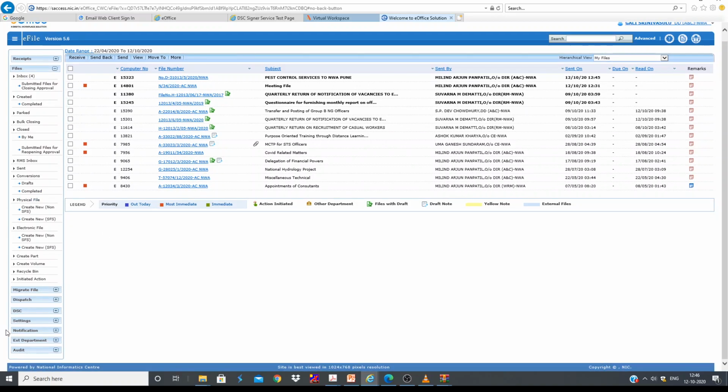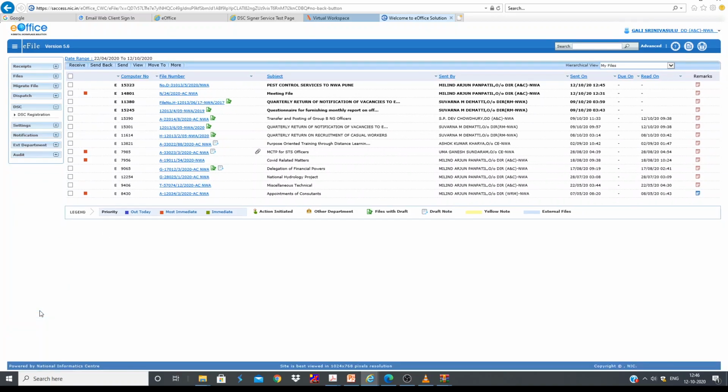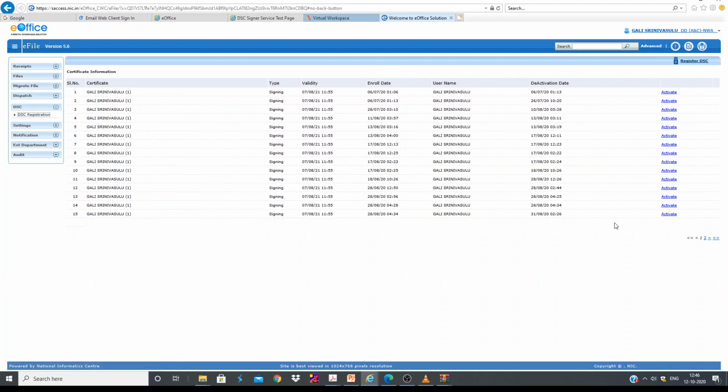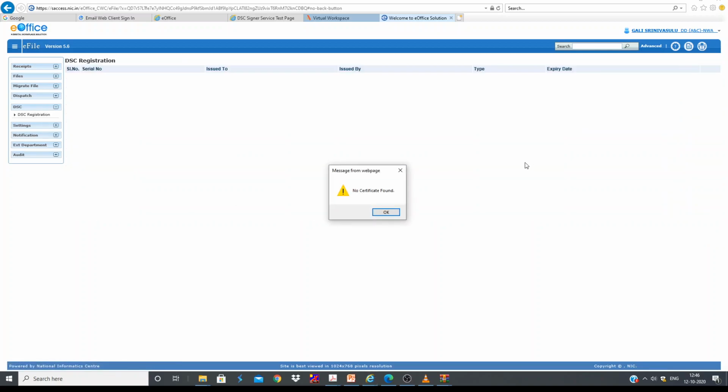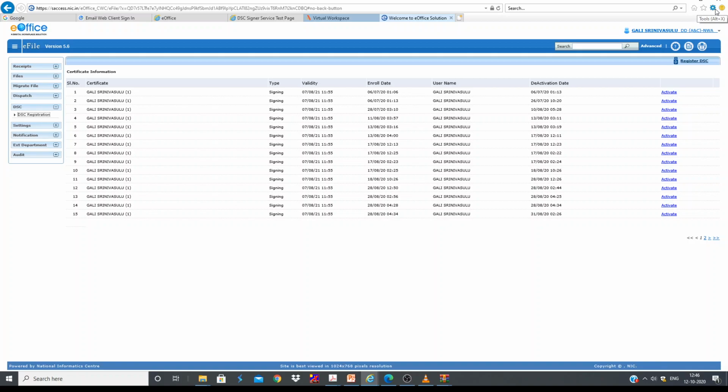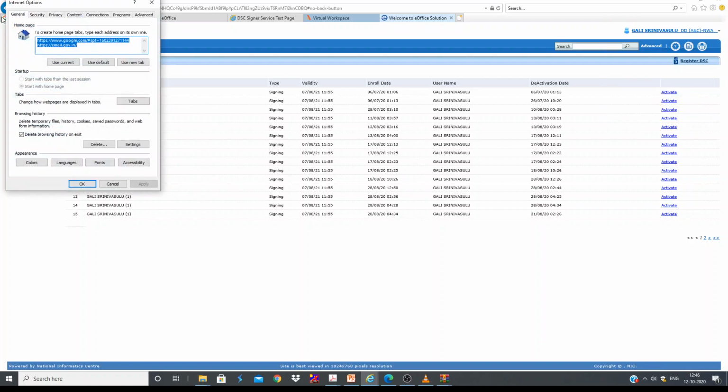Now you can go to DSC. Here DSC registration. You can see the previous DSC logs. Now here we need to click. It is saying no certificate found. You can again check.